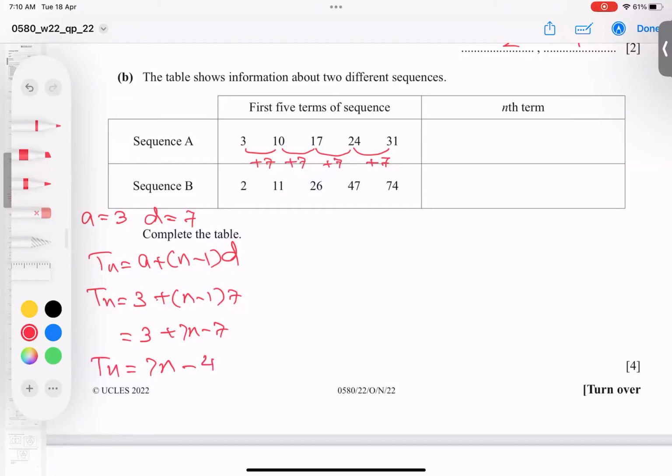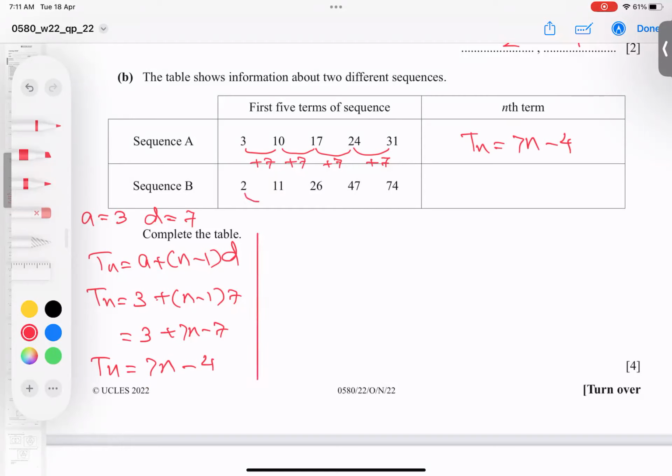So I got the nth term. This is the nth term, I got it here. So Tn is equals to 7n minus 4. And I believe this is okay. And let's talk about the next part. Next part,